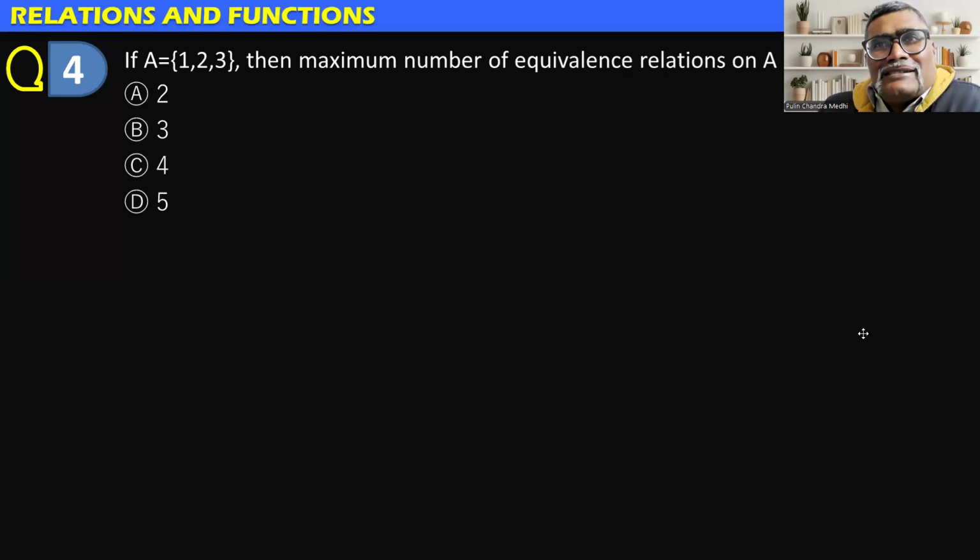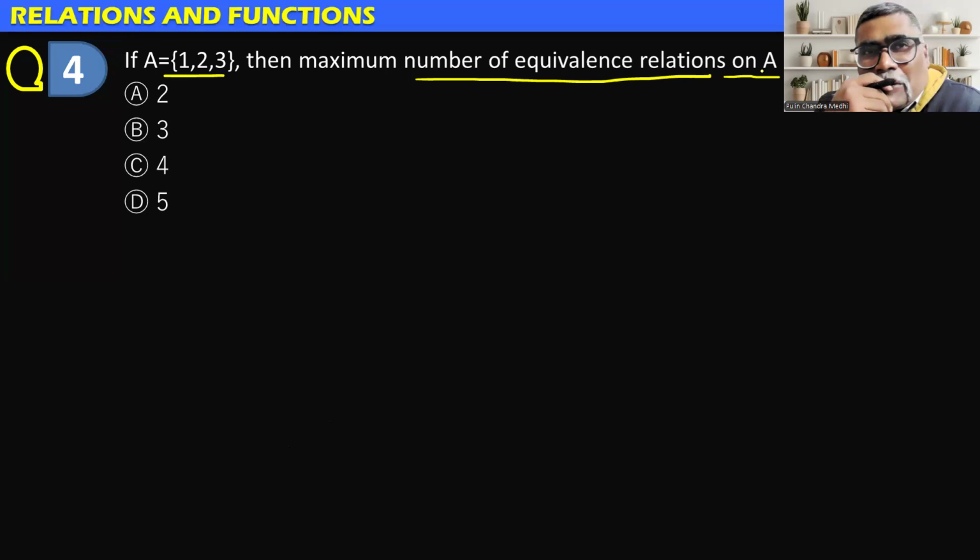So I think this type of question can be there in board exams also. So be very alert about that. You must be very, very clear. 1 to 3 is there. Maximum number of equivalence classes, equivalence relation on A is. What is the maximum number of equivalence relations? Maximum number of equivalence relations will be how much? So total number of relations will be,